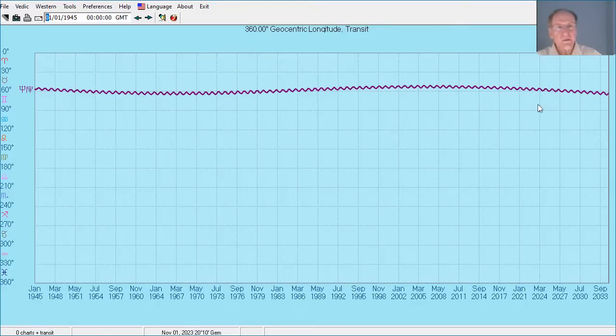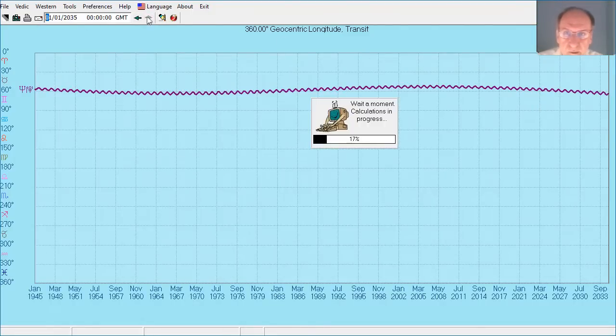So they sit there. Now, if I go 90 years into the future, Pluto starts slowing down. So Pluto slows down and Neptune separates from Pluto. So I'm going to click this right arrow to see the next 90 years.